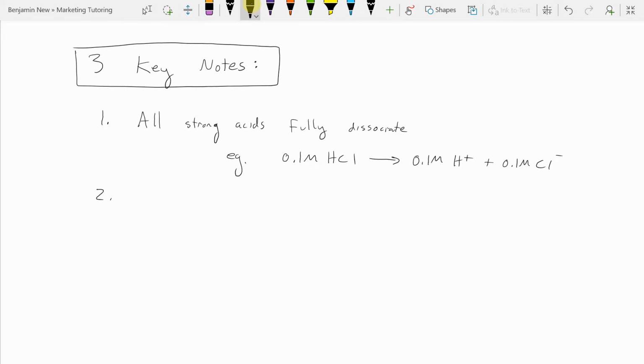The second point is to allow all heavily favored reactions, in the direction that they're written, left to right, where K is much greater than 1, to go to completion. So to consider them as irreversible reactions that just go all the way to completion. So you consume all of the reactants, or basically a limiting reactant problem. First, and then,